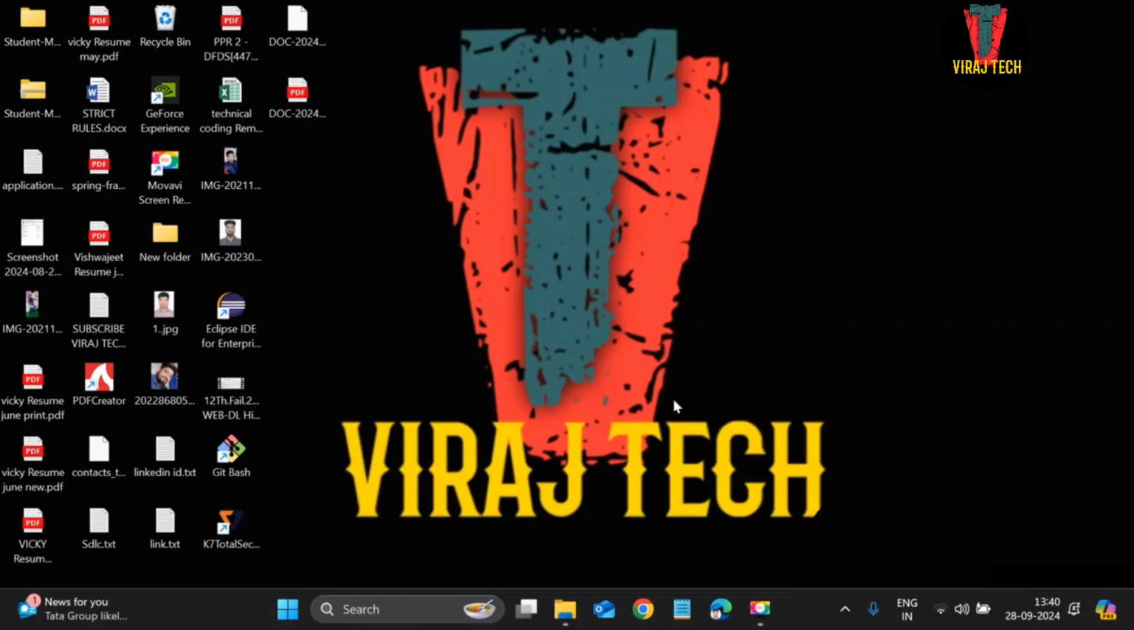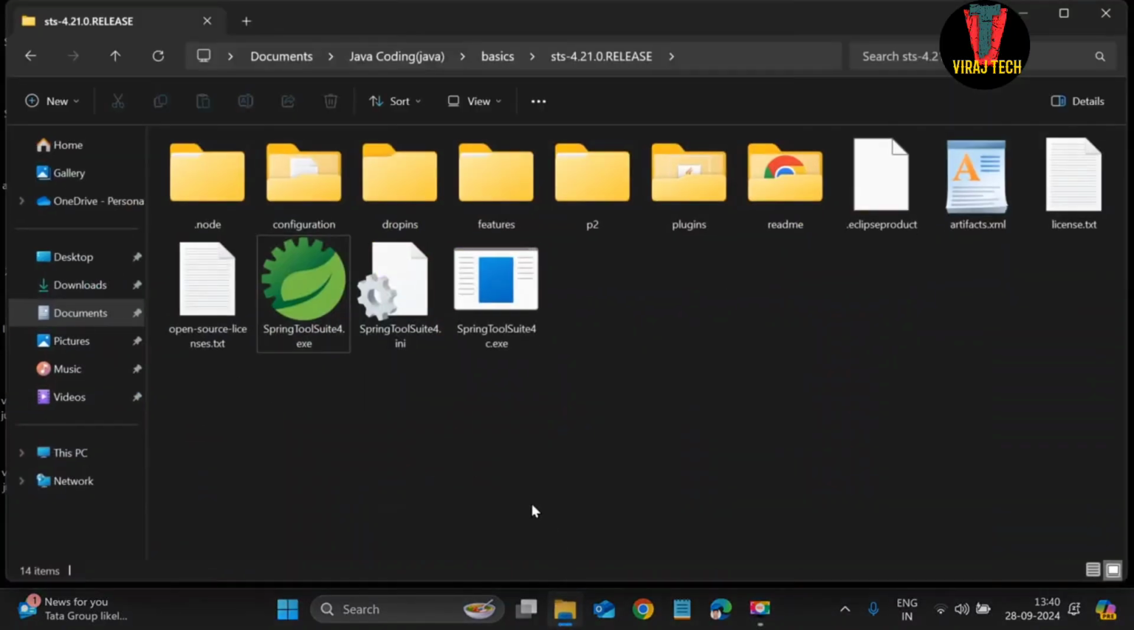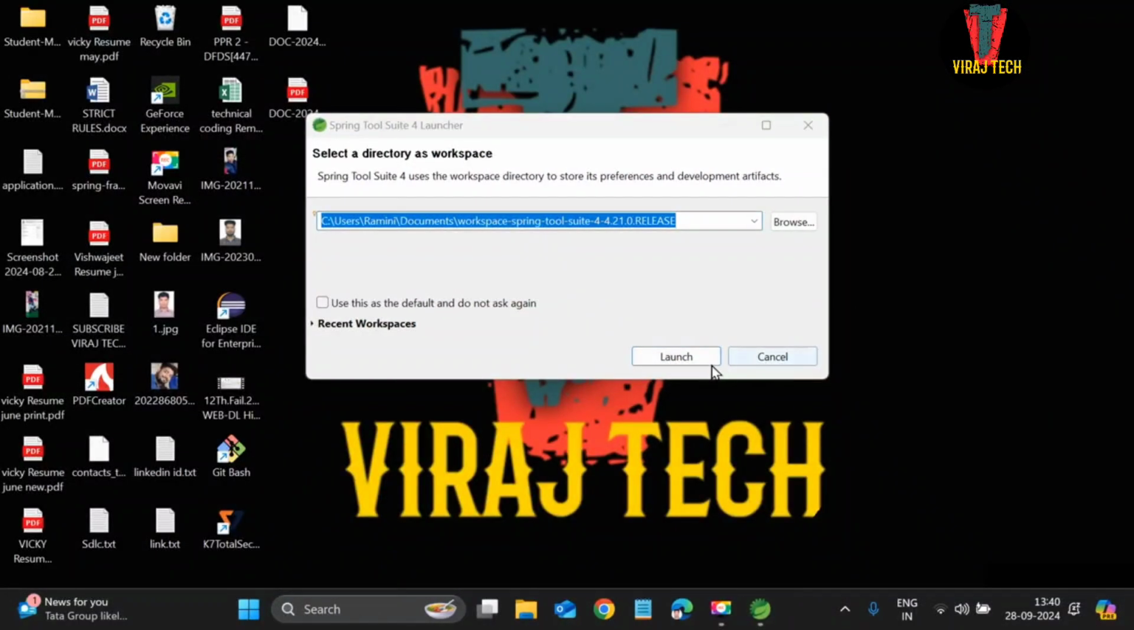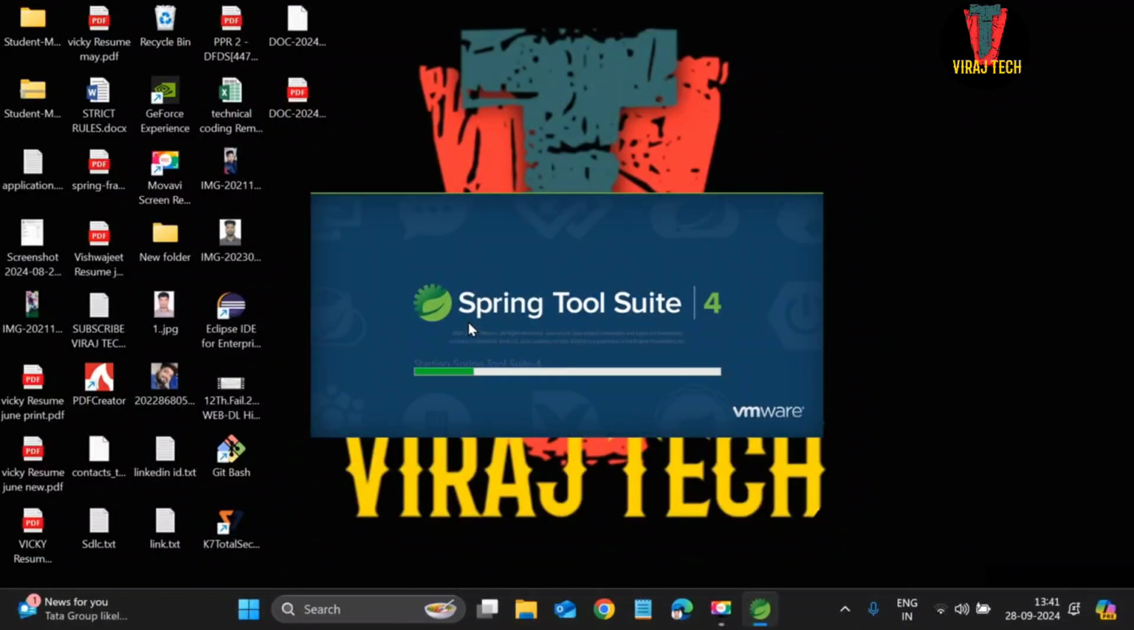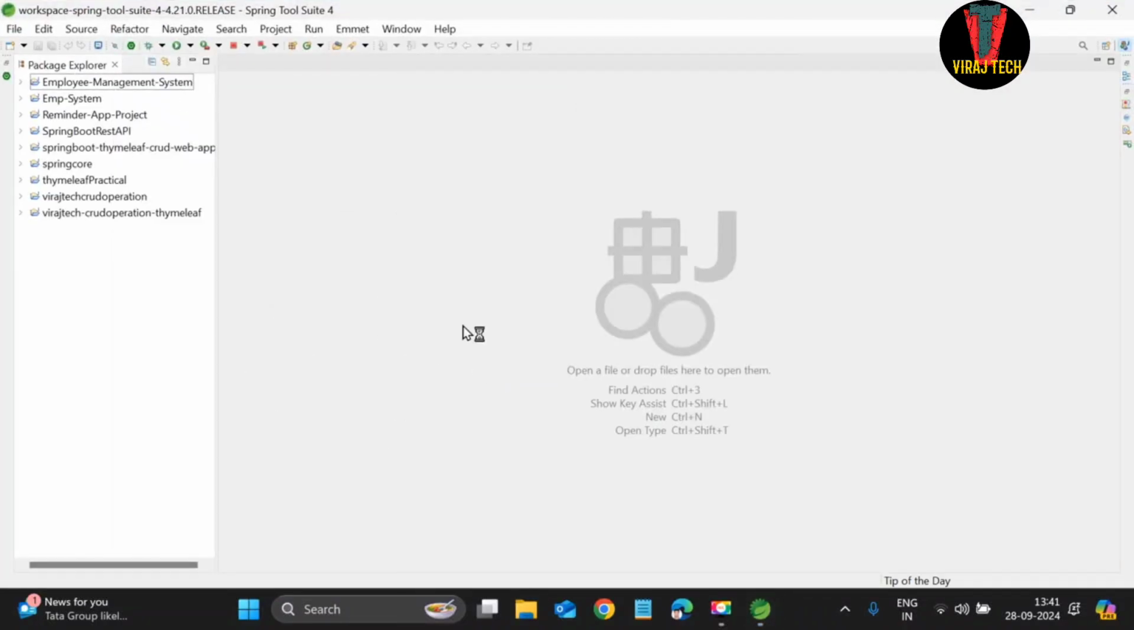Today's project is a full stack developer web app which is based on CRUD operations. So we are going to create it in STS. First open Spring Tool Suite. Next click on launch. Our STS is getting started. It's still loading. Now after that